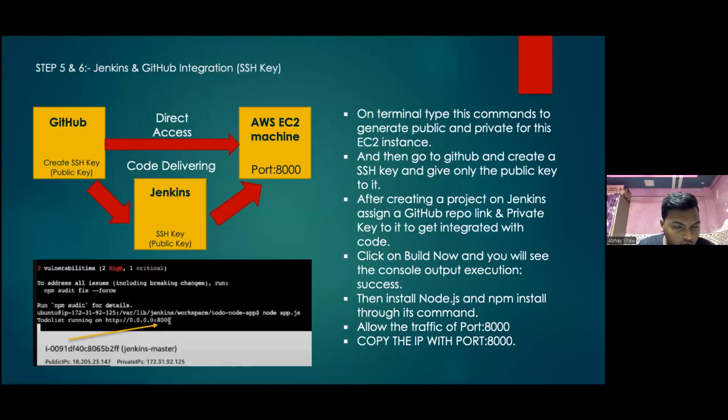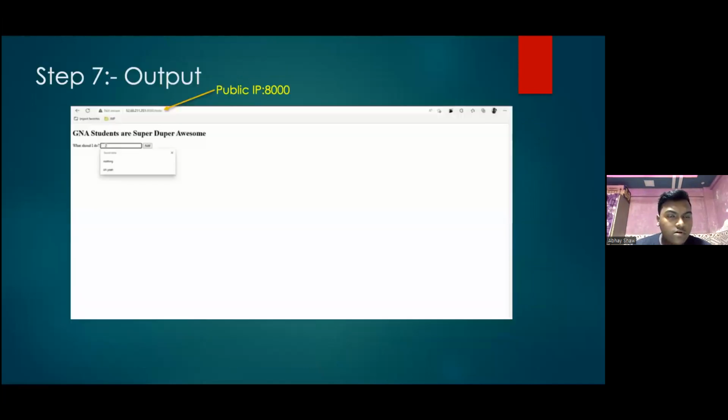port 8000, and it is like this. For the final output, as I have typed in the terminal, you can see node app.js. So the to-do list is running on port 8000, you can see that. So here's the output. See the to-do list app. You can give the instance's public IP with the port number 8000. This is all done manually. Each and everything has been